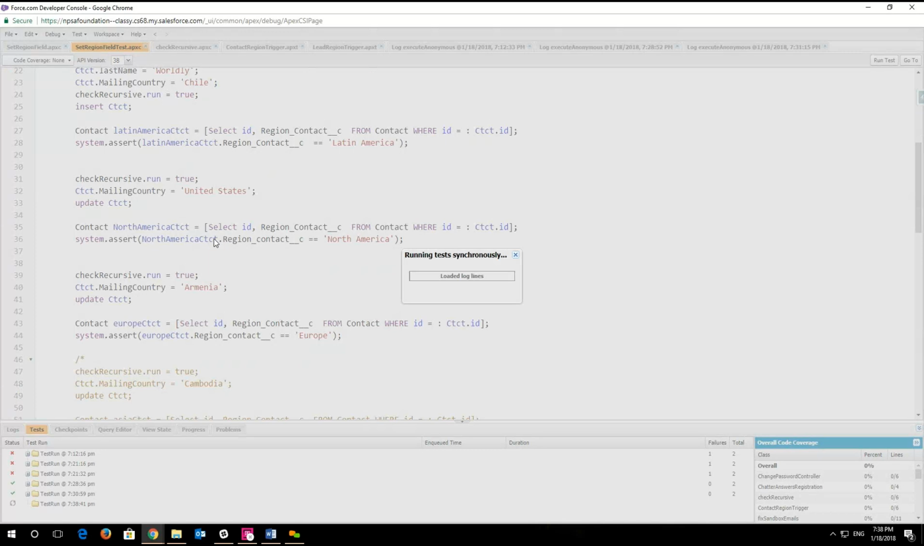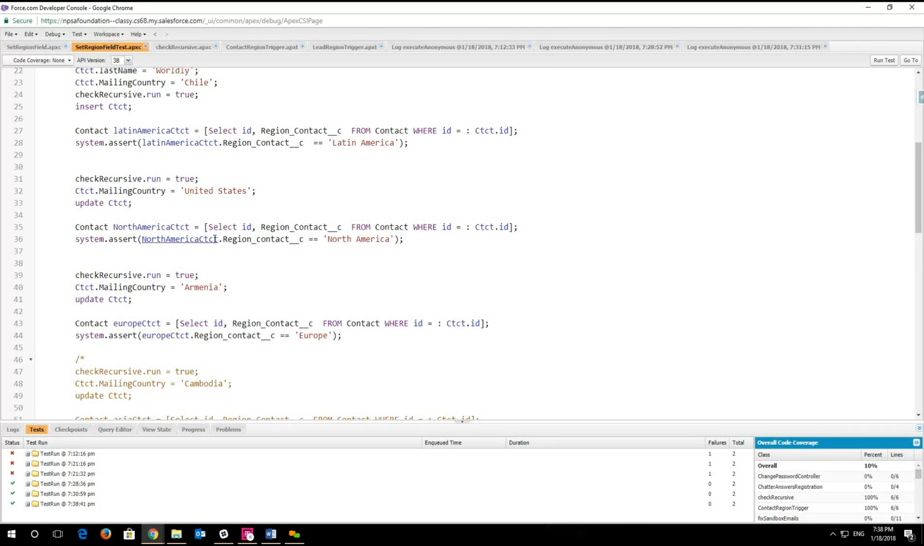Well, keep in mind that test classes serve several purposes, right? If you read the documentation, it's very clear that the purpose of a test class is not to provide code coverage. And that is something that, when I teach new developers, is one of the first points that I make, right? The purpose of a test class is not to provide test coverage. Salesforce